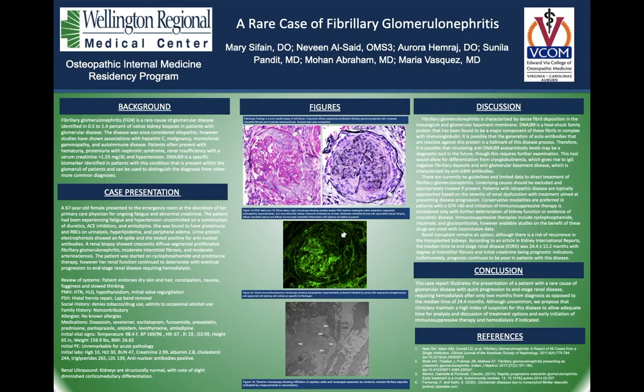Nephrology was consulted and a renal biopsy was scheduled, which showed, as you can see in these images here, a crescentic diffuse segmental proliferative fibrillary glomerulonephritis with moderate interstitial fibrosis and moderate arteriosclerosis. In these images, the top two are our light microscopy images, which show the hypercellularity, the circumferential cellular crescents, and some of the